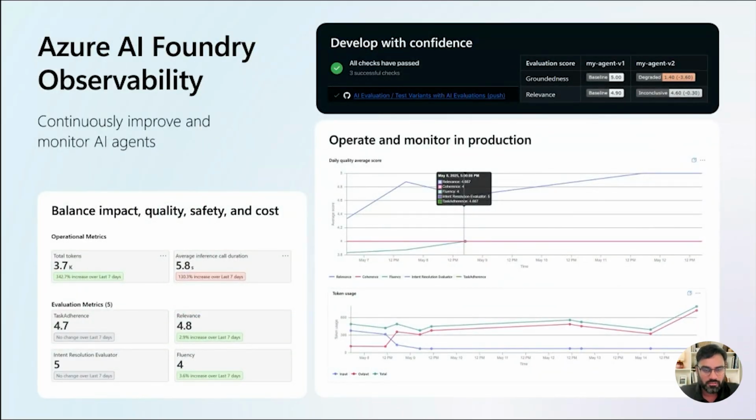And also in AI Foundry, we have this in preview, right? What we are doing is not only just deploying the models, but also you can incorporate observability. This observability will help you with continuous insights into quality, performance, and ROI of your agents to help you scale with confidence, right? So when you're deploying your agents into Azure, if you want to monitor these performance metrics or any kind of information related to these agents, you can use Azure AI Foundry observability to monitor all these applications and agents.